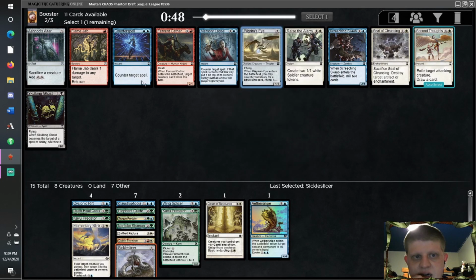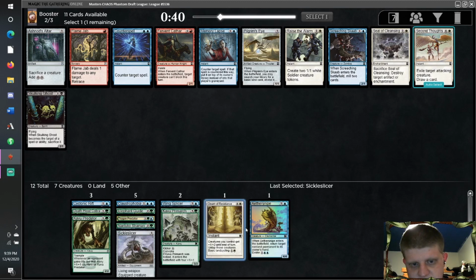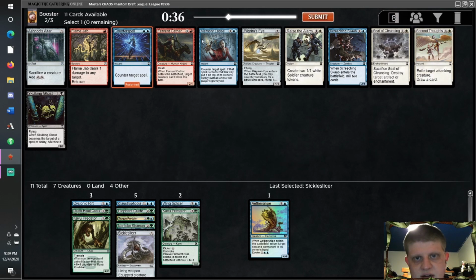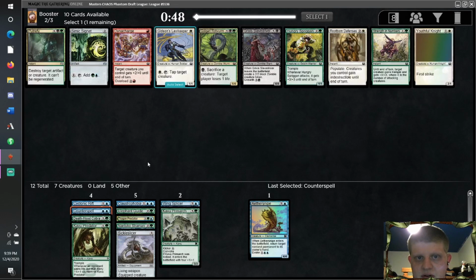Pilgrim's Eye. There is, like, good old-fashioned counterspell. I could see running, like, just good, honest counterspell. What else am I taking? Memory Lapse is fine. Pilgrim's Eye is fine. We don't have any synergies with the Screeching Scab. Yeah, I think I'll just pick up the counterspell here. And then